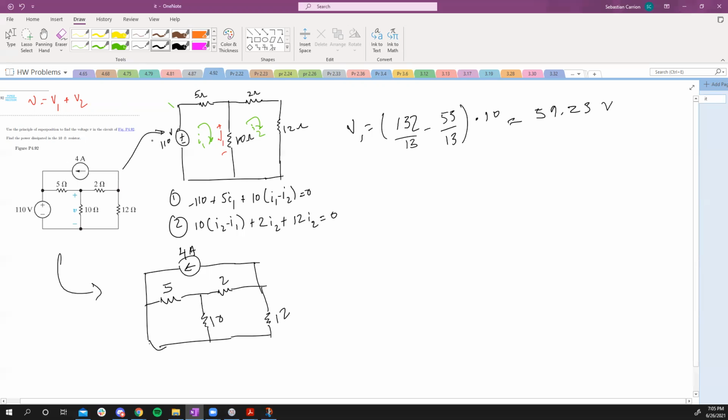Okay, and I'm gonna make 3 loops this time, right? So this is 4 amps. Well, this we know is 4 amps, so this loop wouldn't really count. We have 2 loops. So I'm gonna call this I1, I2. So first would be 10 times (I1 minus I2) plus 5 times I1 minus 4 equals 0, and then the second would be 10 times (I2 minus I1)